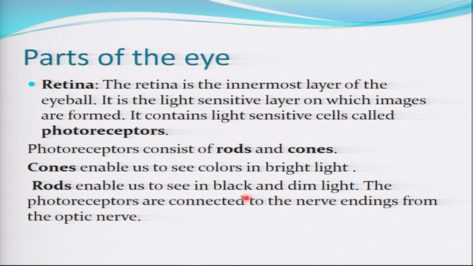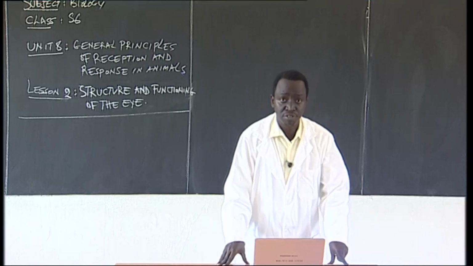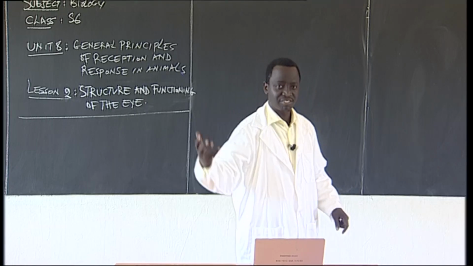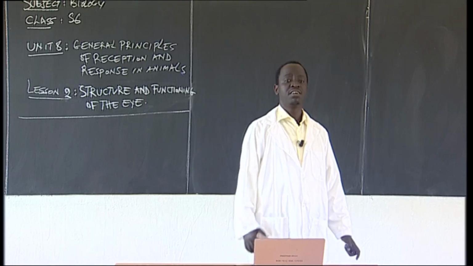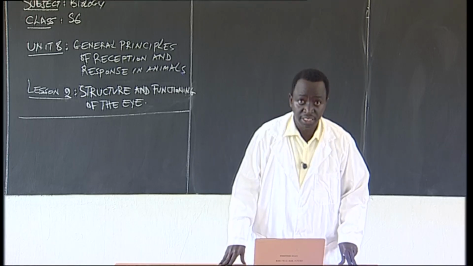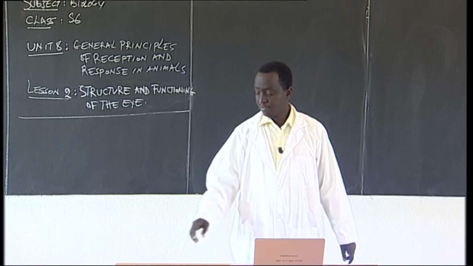Actually, those photoreceptors are connected to the nerve endings of the optic nerve. Why? Because when the light reaches the photoreceptors, it is going to be transformed. This is what we call transduction. Into what? Into the impulse. And that impulse is going to go where? To the brain. And then the brain, for example,